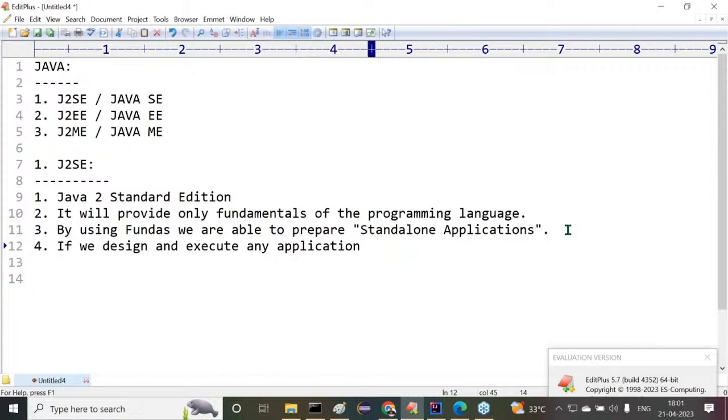If we design and execute any application without using client server architecture. You know, there is a design architecture called client server architecture. The client will send a request to the server, the server will perform some process, and the server will send some response back to the client. This is client server architecture. Are all of you getting my point or not? If we design and execute any application without using client server architecture,